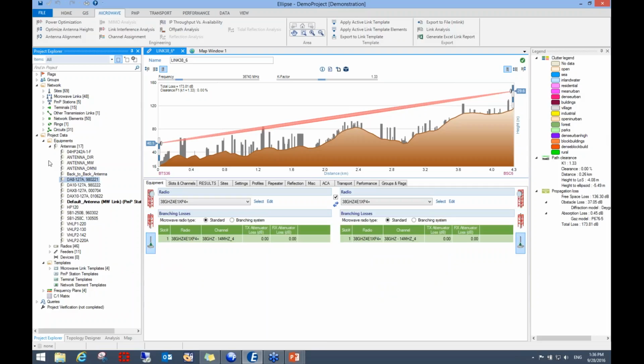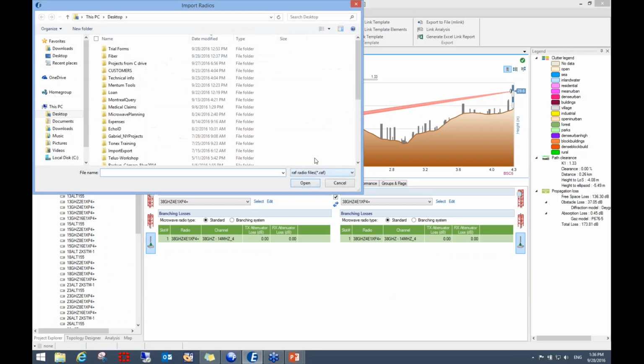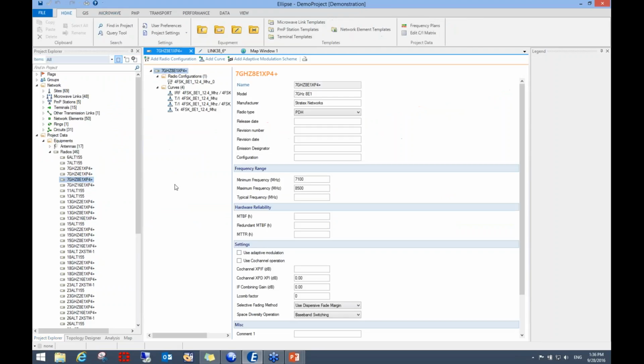And then the final thing is the radio. So we also have a list of radios loaded in the project. Again, those radios can be imported from other formats. Here's our competitor's format, which can be imported directly in here. You can also create manually your own, the same thing for antennas. It's actually very easy. I mean, it'd be virtually impossible not to be able to put the information in